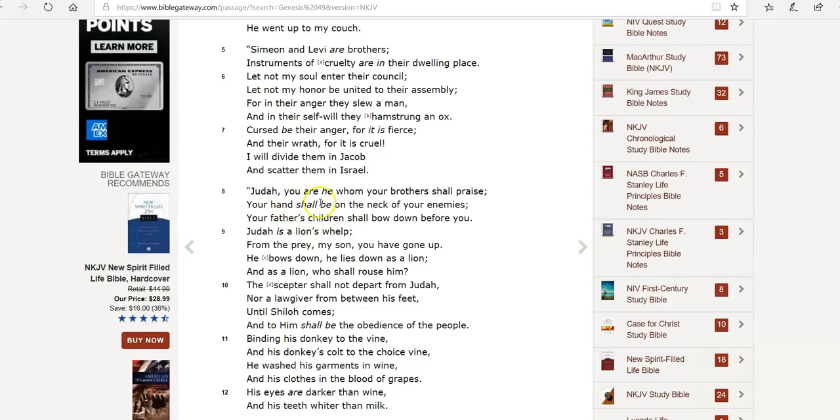So Judah, "You are he whom your brothers shall praise. Your hand shall be on the neck of your enemies. Your father's children shall bow down before you. Judah is a lion's whelp. From the prey, my son, you have gone up. He bows down, and he lies down as a lion. And as a lion, who shall rouse him? The scepter shall not depart from Judah, nor a lawgiver from between his feet, until Shiloh comes, and to him shall be the obedience of the people." Okay, unto who? Unto him. Take a look, capital H. Okay,